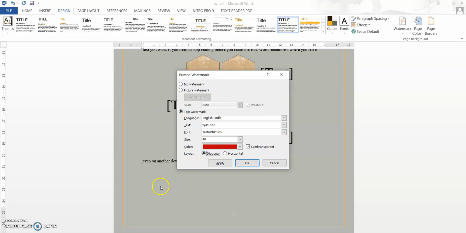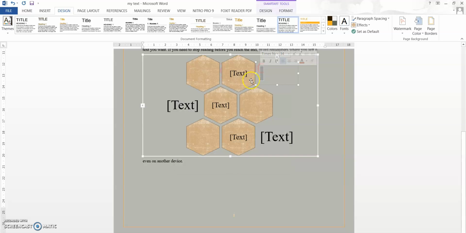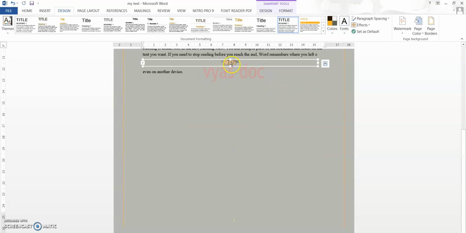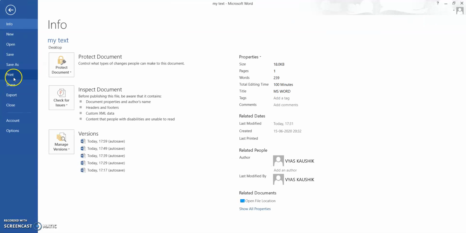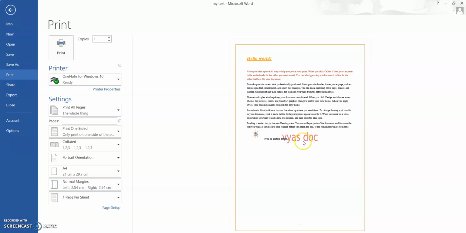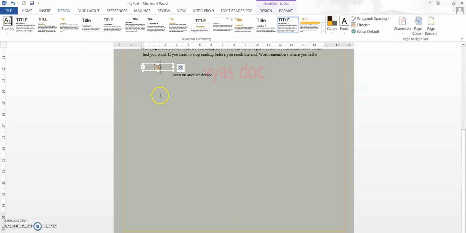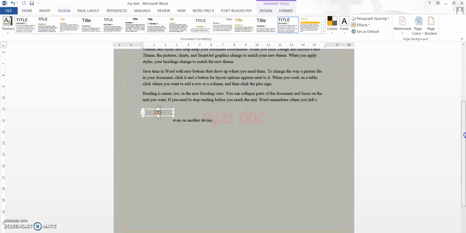Diagonal is the default option. So for a change, let us apply the horizontal option, and you can see a watermark has come here. If I move this or resize it, you can see that the watermark has taken effect. If I want to see it clearly, I'll go to print preview. See, in print preview I can see a watermark. A watermark is always behind the page and it will not affect the text.